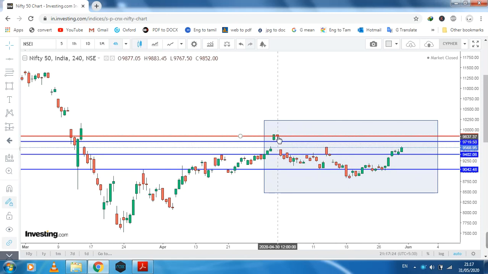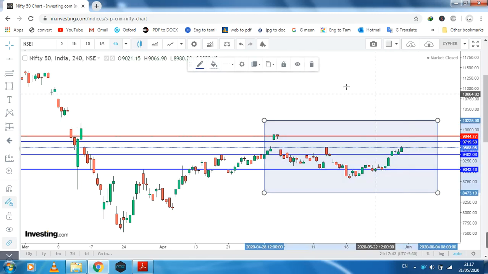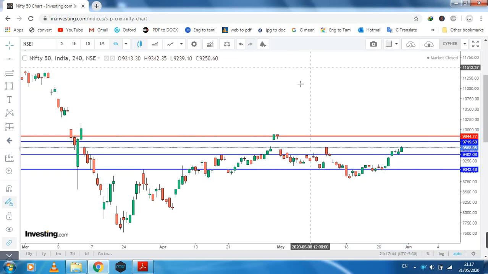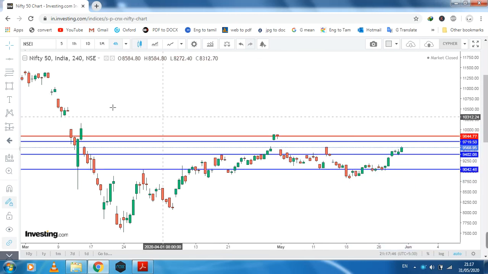The Cypher pattern is one of the harmonic patterns. It's an advanced pattern, but we talked in the previous video about how to trade with Cypher, so you need to go and check that video clearly, on how to use this Cypher pattern and how to get profit from it. Okay, let's go. We are going to check whether this Cypher is valid or not. After that we can go for a live trade.